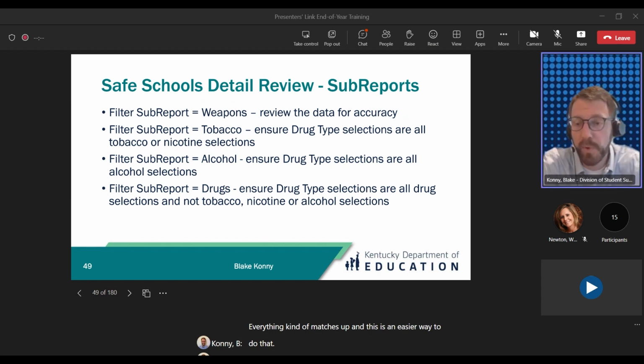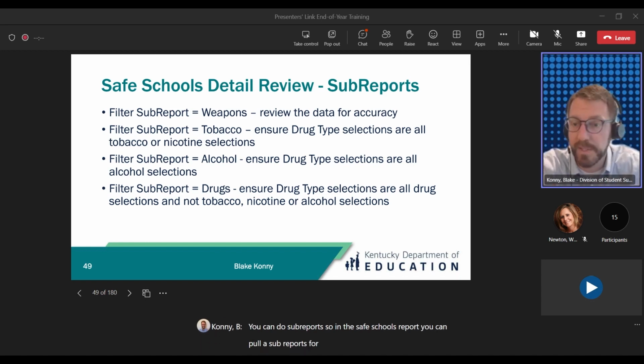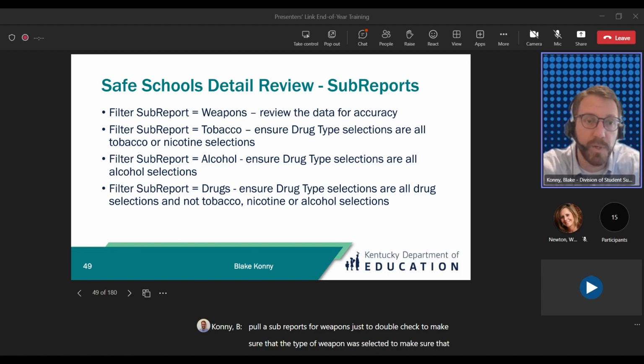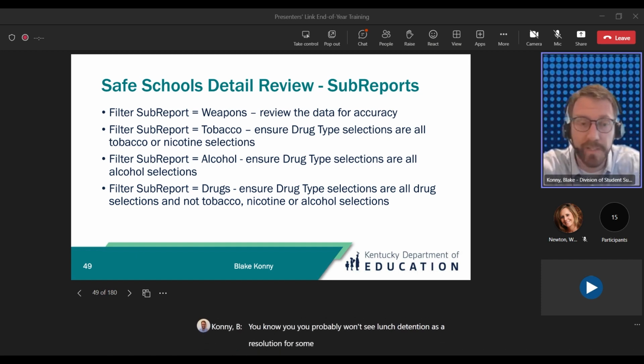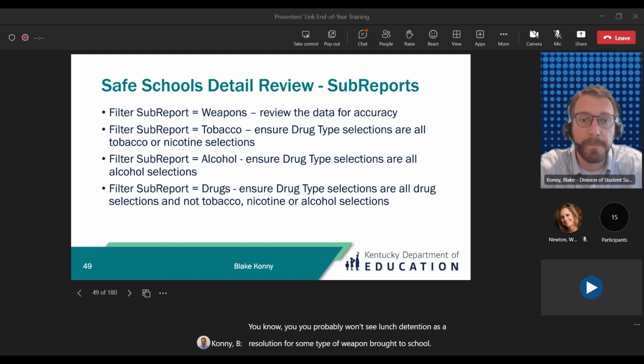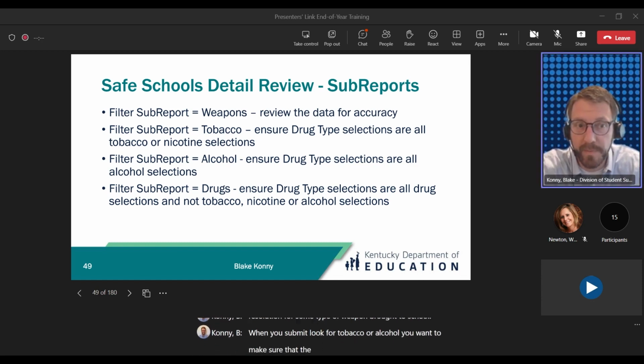You can do sub-reports. In the Safe Schools report, you can pull sub-reports for weapons just to double check that the type of weapon was selected. You probably won't see lunch detention as a resolution for some type of weapon brought to school. When you look for tobacco or alcohol, you want to make sure that the correct drug type was selected.